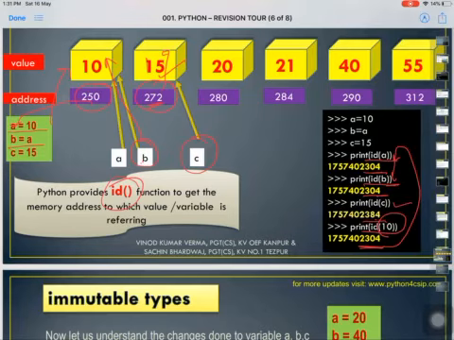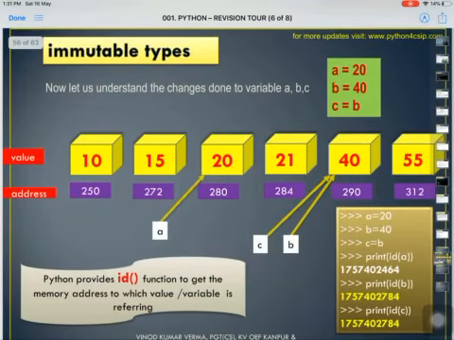Alright, so this concept should be very much clear, children. So that is why it is called immutable types. So what we have understood here, now see the example further. If I say A is equals to 20, so what happened? This A, which was pointing to this 10, is no more pointing to 10, now it is pointing to 20. So the id would change from 250 to 280. These 250 and 280 are just dummy addresses. These are not the actual addresses. You will get different actual locations like those given here.